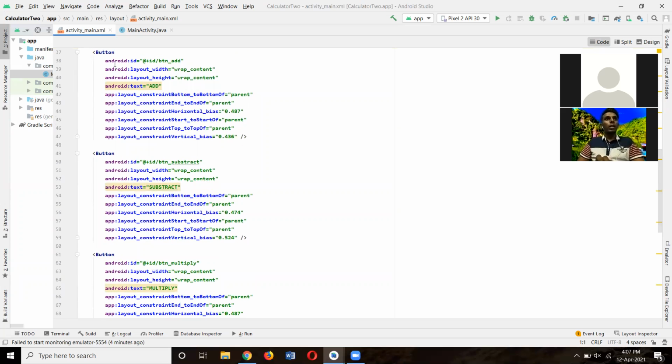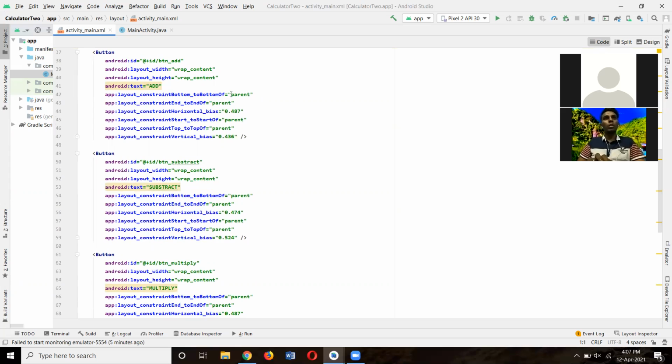For the button, I use the ID btn_add. The layout width is wrap content, height is wrap content, text is add.